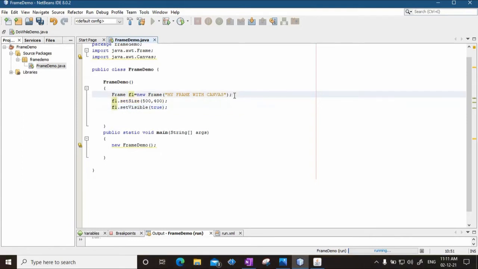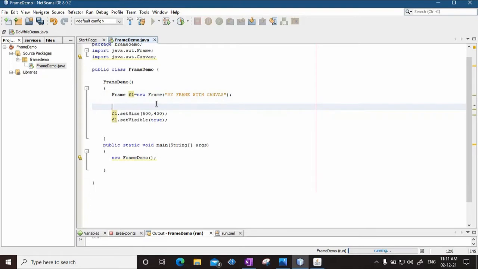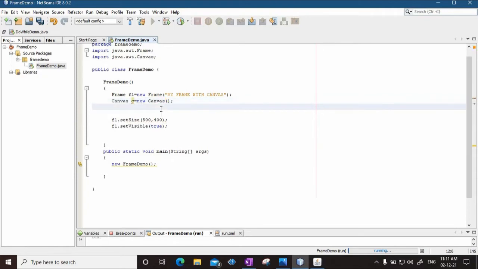Now in between I have to write code so that I can add a canvas. To add a canvas, I will have to create a new canvas. So I will say Canvas c = new Canvas. I have created a new canvas, and then this new canvas has to be added to the frame.